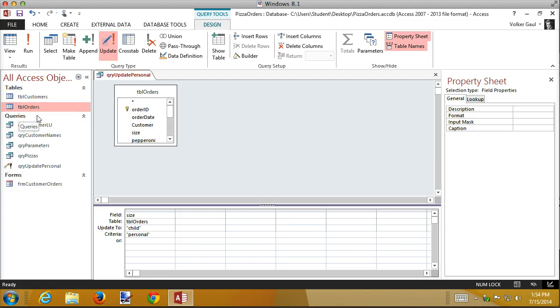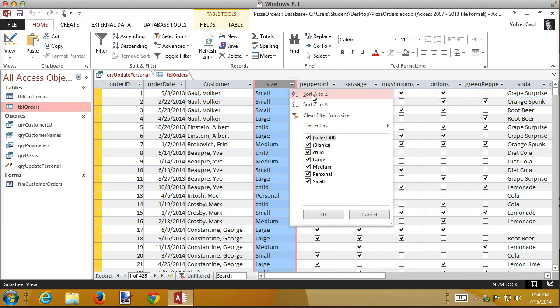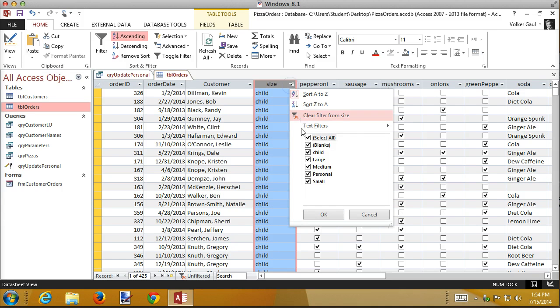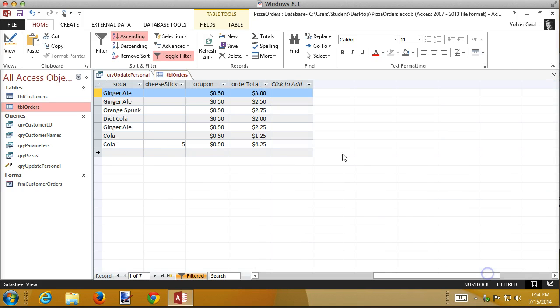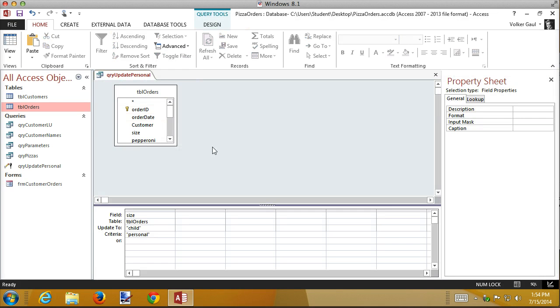Okay. And then go back to the orders table and just show me the size personal, because there's just a few of those left. Oops. Personal. And check all their coupon values, and sure enough, they're all 50 cents. So I've saved myself a little bit of time there. Close that. And now I should be able to run this query again to say change all the personals to